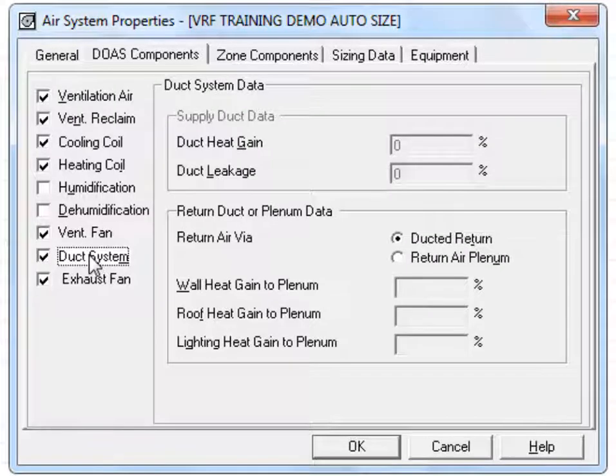Under duct system, we will say we do not have a drop ceiling with the space above acting as a return air plenum, so we will select the choice which is a ducted return. If you need to know more on this return air plenum topic, or any topic,